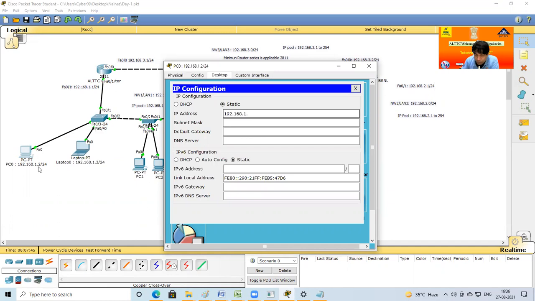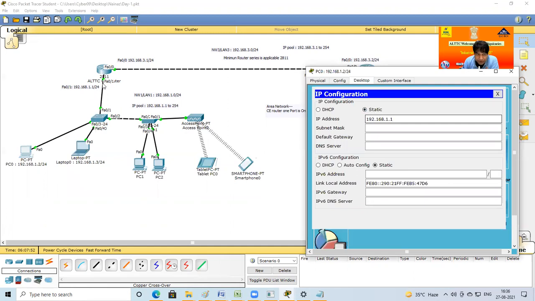192.168.1. Suppose if I put 1 here, so what will be the problem? Because 1 is already given. You are already aware that in a network a single IP is allotted only to a single computer.